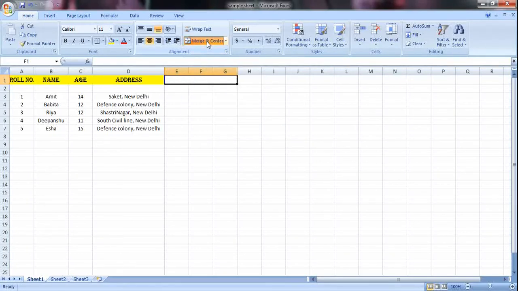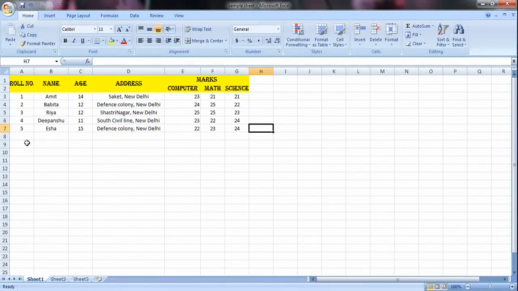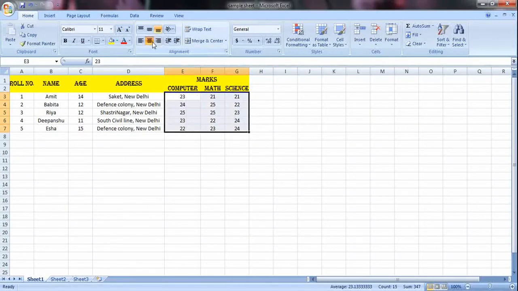Simply click on this. Now my cells are already merged. So I'll just write the heading marks. So in this I will be writing the marks and then I will enter the name of the subjects. Now if you see, the table is ready with the marks entered in it.